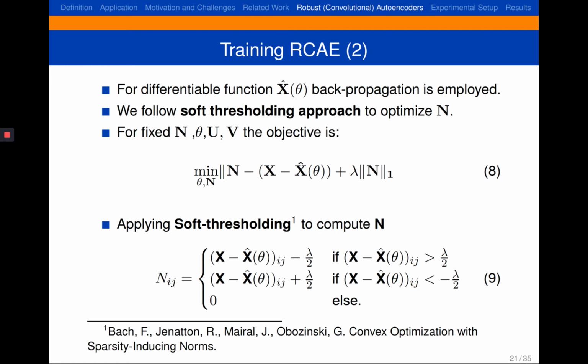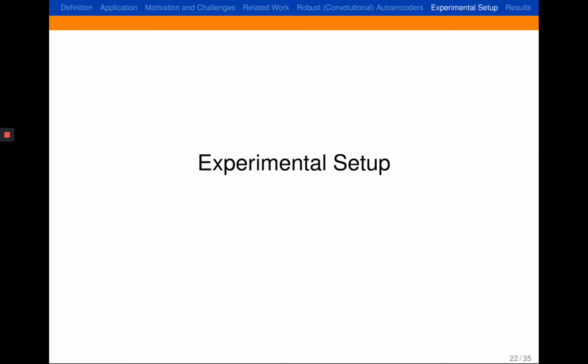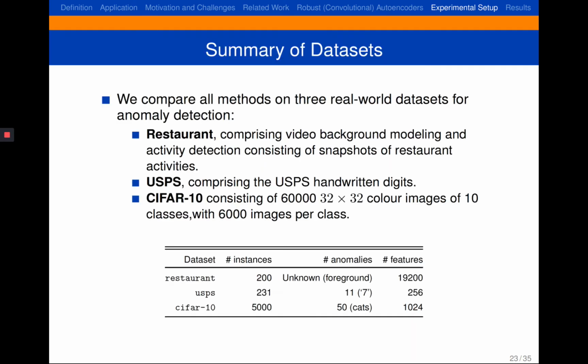For a fixed value of N, theta, U and V, the objective could be rewritten as shown in equation 8, and applying the soft thresholding to compute N is shown in equation 9, wherein it is X minus X hat of theta minus lambda by 2 if X minus X hat of theta is greater than lambda by 2, or X minus X hat of theta plus lambda by 2 if X minus X hat of theta is less than minus lambda by 2. So applying this simple soft thresholding technique, one could infer the value of noise present within the data. And discussing more about the experimental setup, we compare all the methods